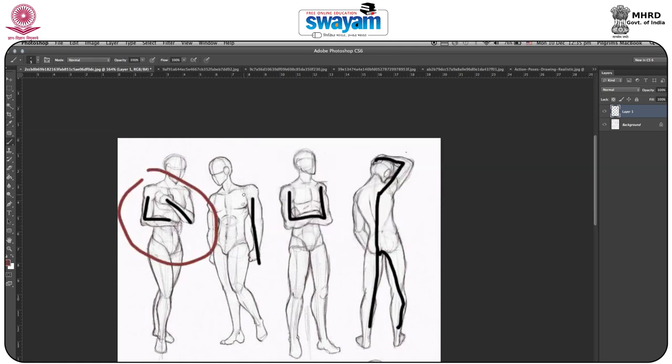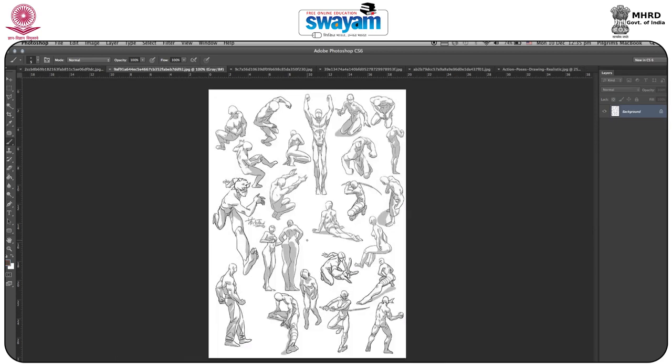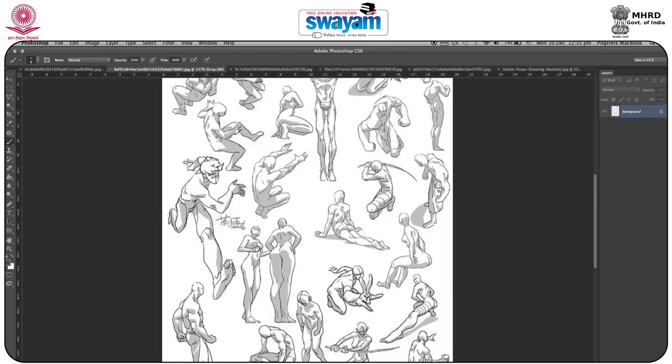That means each and every body of a character, or even anything. If you are working on an animal also, the front facing part, which is this side and this side, would have the first look, and after that you can look at the whole body. That means your eye will go to this part, so you have to define that part. I have a couple more references. As you can see, that would be a good example.